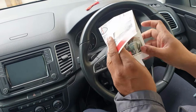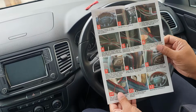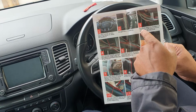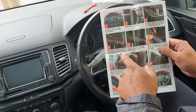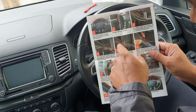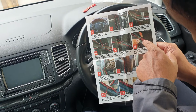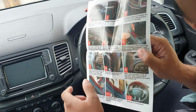So it's a simple fact. I'm going to show you how I am going to attempt to put this on. So they suggest, number 1, wrap around the steering wheel, single thread sewing, first stitch, okay, a knot you're going to do, and then basically work your way around, in and out, zigzag, in and out, in and out, as you can see. Now they're doing it from each sort of stitch they've got either side. Each stitch they're going in and out of every single one,